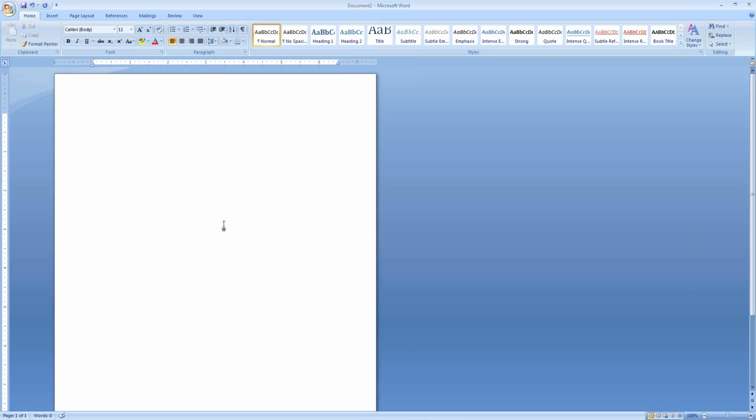There are some other clues as well that are not quite so clear. Anytime you see your mouse pointer change shape, I always would wonder why it changed shape, and that's the little visual clue that tells us some things. For instance, if I move to the top of the page, and this is Microsoft Word 2007, so 2007 and 2010 behave the same way in this sense, where I get this little marker up here at the top, and